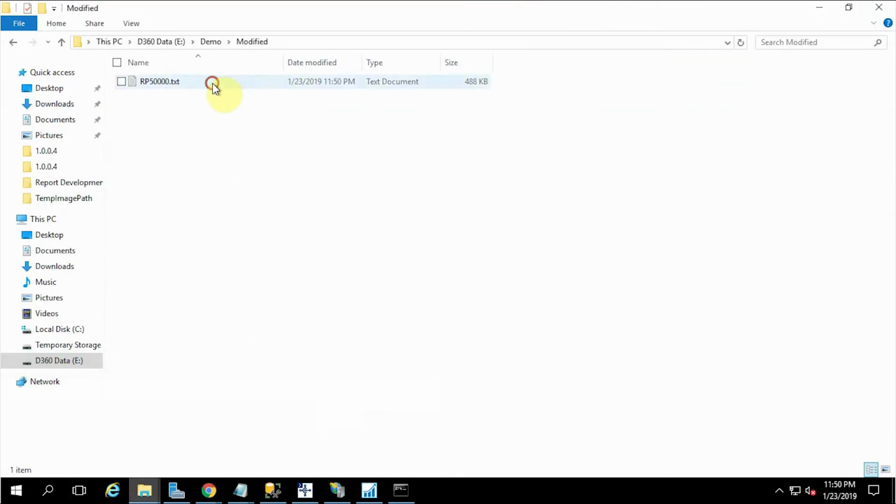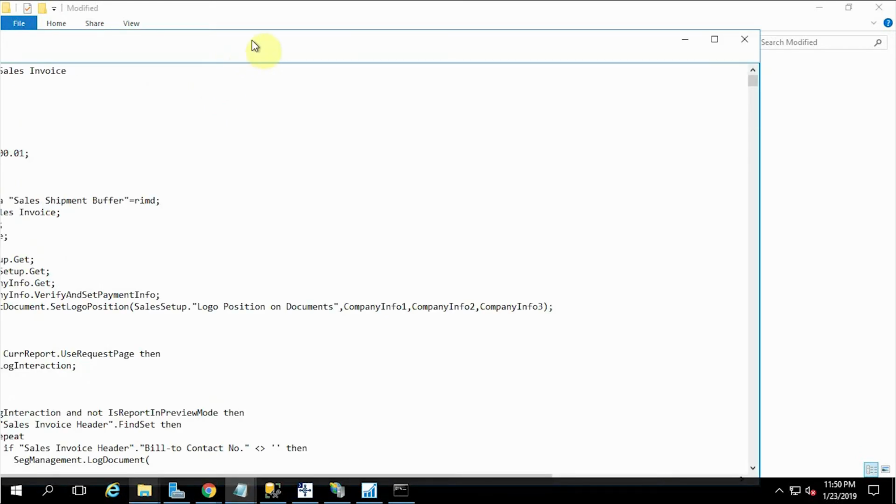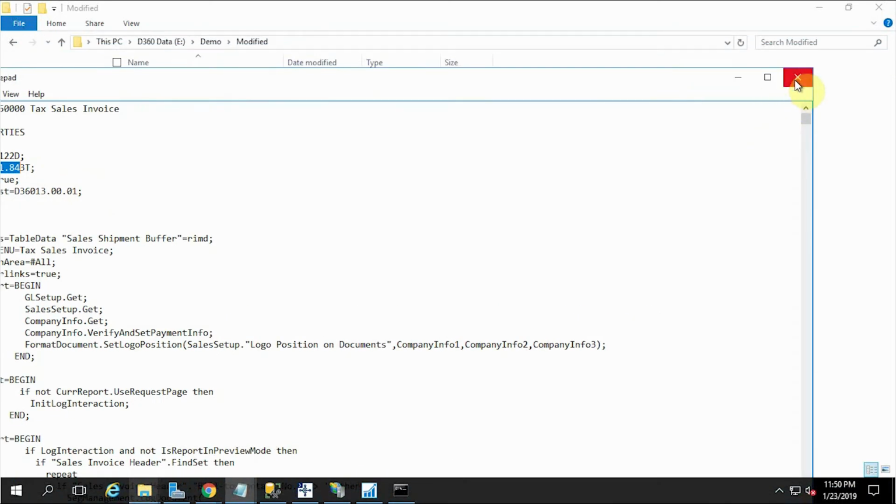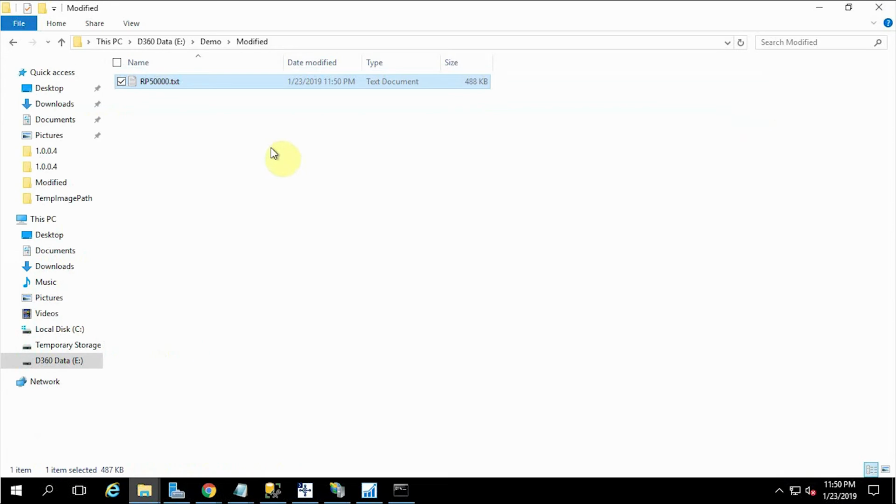Yep, so it's there. If I just open it, we will talk about the new syntax in some other videos, but for now you can see the date, time, format. This is all due to new syntax. So after that we would be converting this .txt file into .al file. For that I need to send a command to